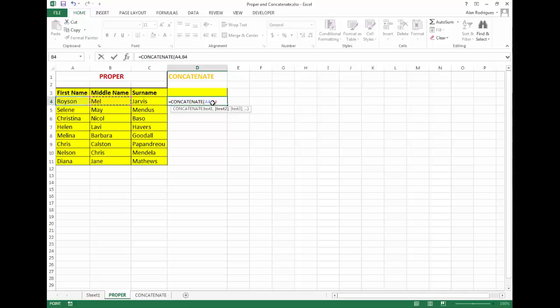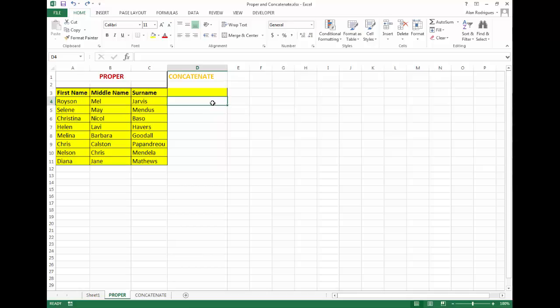Go to B4 for middle name, comma. Go to C4 and close parentheses. Press Enter. Oh, we got the names in one cell, however, there is no space between the names. So how do we do that? We'll undo this and start again.